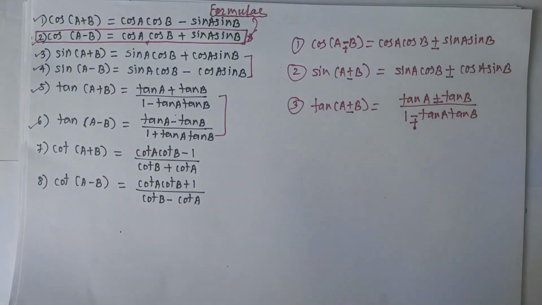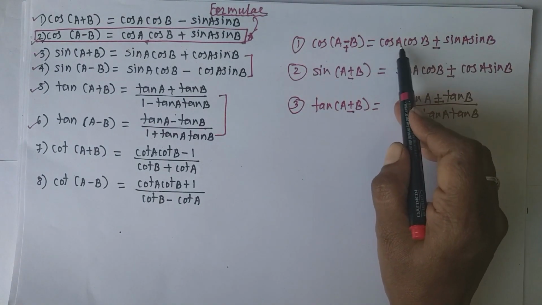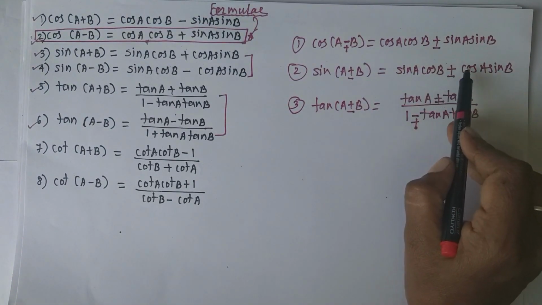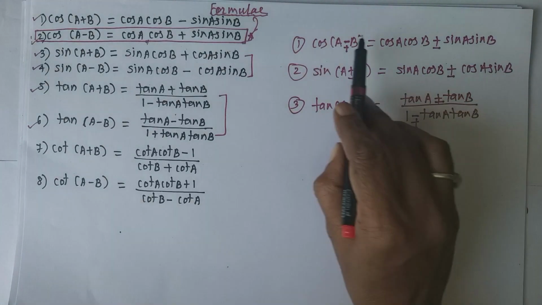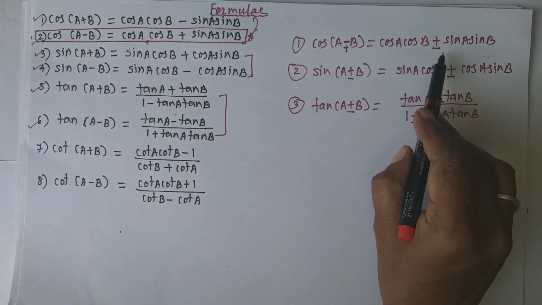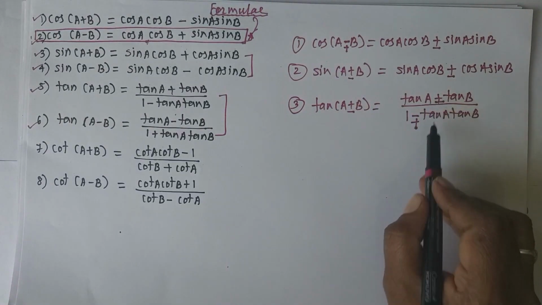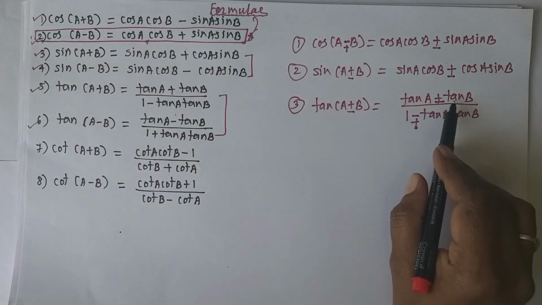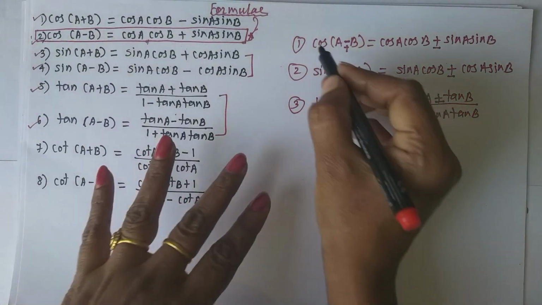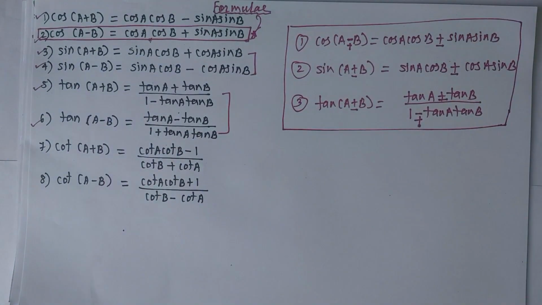Means we have to remember only these three formulae. You only remember the formula of cos(A−B). See here, for A and B, both here are cos, here are sin. And for sin, here is the combination of sin cos, cos sin. One of the angles is A, the other is B. For cos, if here is minus, then here is plus; if plus, then minus. For sin, plus plus, minus minus. For tan, if here is plus, in the numerator plus, denominator minus. If minus, then numerator minus and denominator plus. You remember these formulae? If you remember these three formulas, then it is very easy to solve the problems in